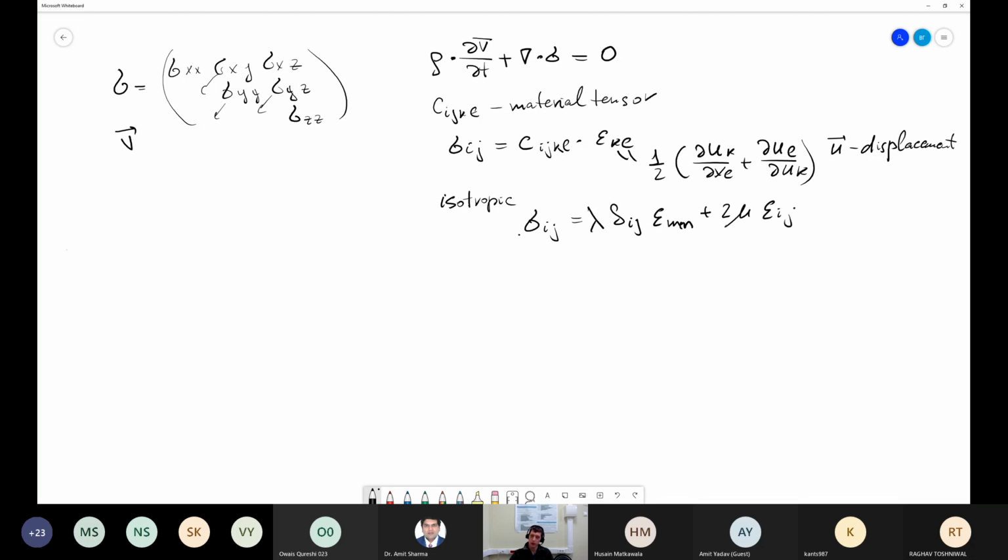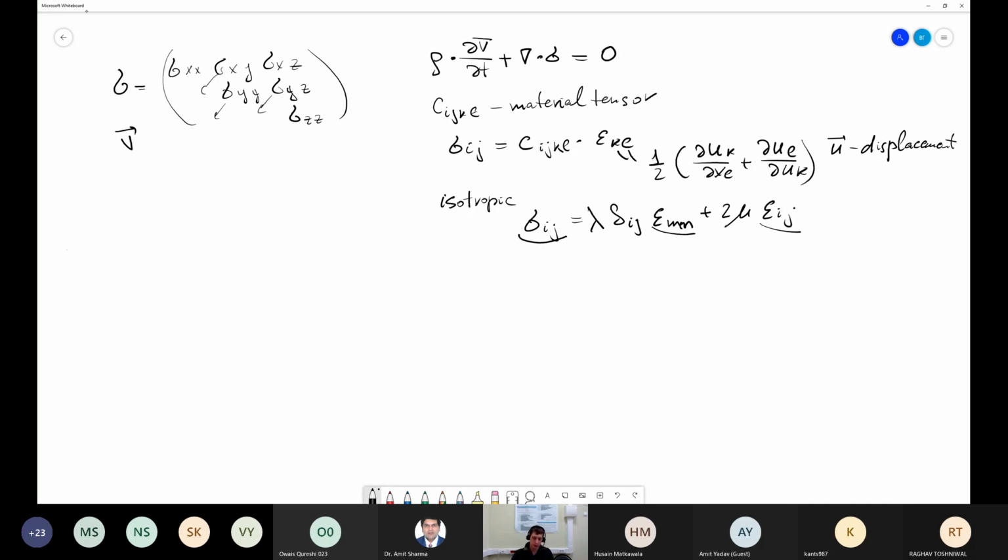This is something like 3D Hooke's law. This is a stress and this is a strain. Okay, let's substitute everything here, and we will obtain